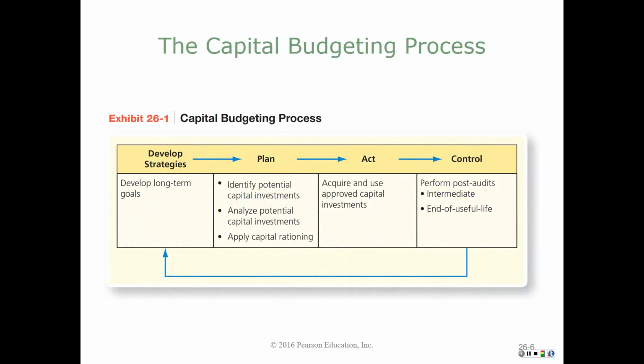Your book gives you a breakdown of this process that we have seen before in our operational budgeting: we develop strategies, we plan, we act upon them, then we control what's going on. This development of strategies is the same in all of these budgets. We have to have long-term strategies and long-term goals in order to plan our long-term investments, in order to plan our daily operations. Even though this doesn't change, the second part, planning in our budget, does, because now we have to identify